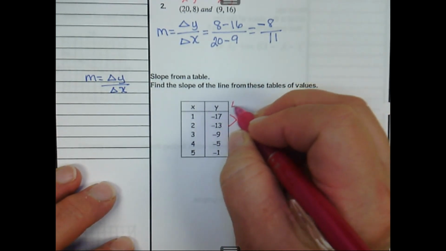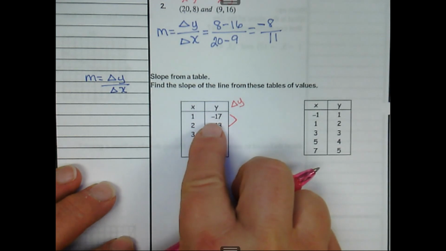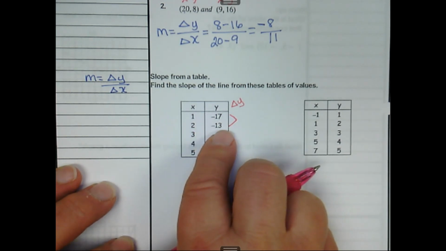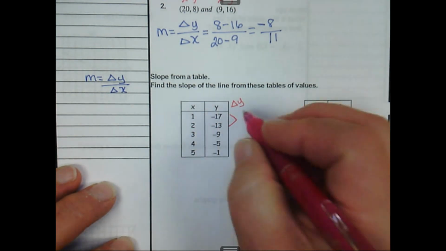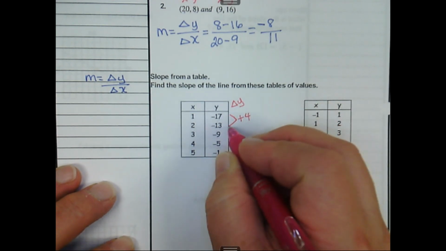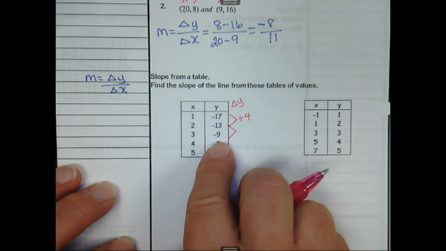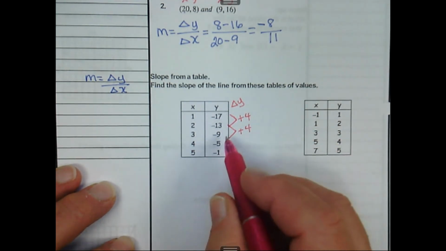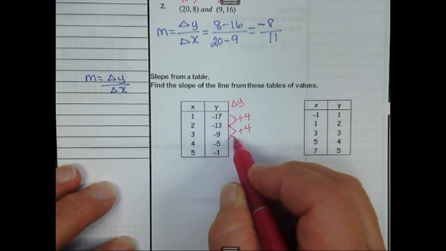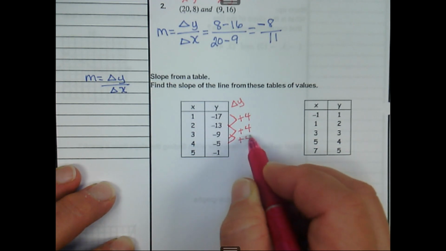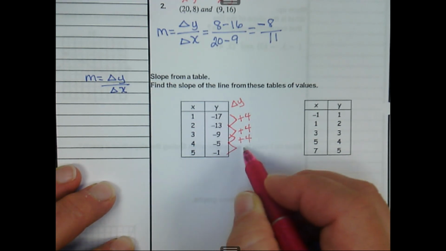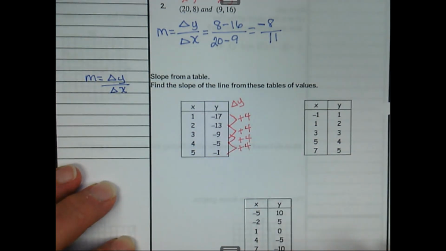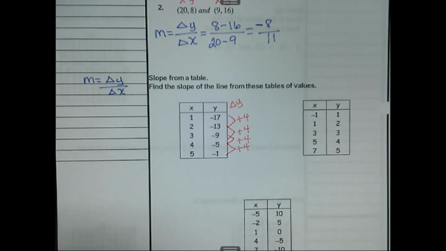Here's my delta y. Negative 17 plus what gives me negative 13? That's plus 4. Negative 13 plus what gives me negative 9? That's plus 4. Negative 9 plus what gives me negative 5? That's plus 4 again. Negative 5 plus 4 gives me negative 1. So I know my change in y